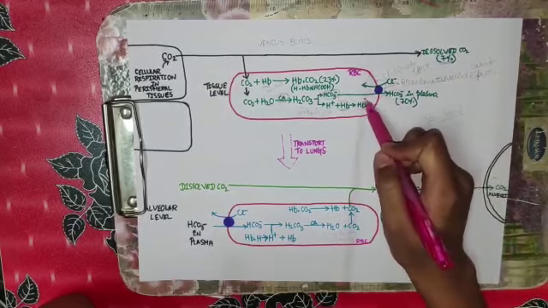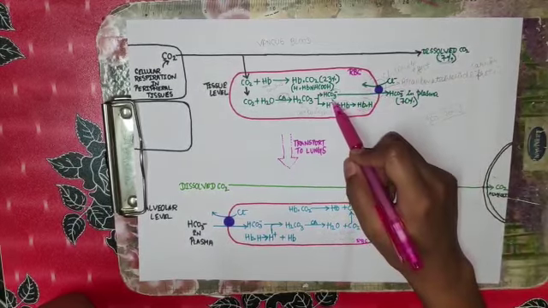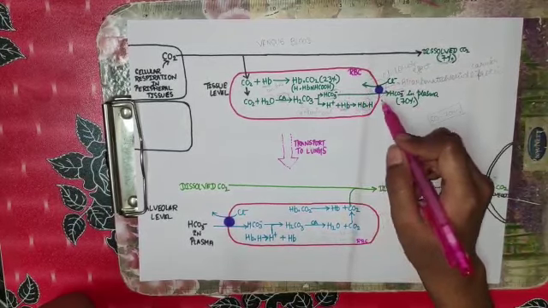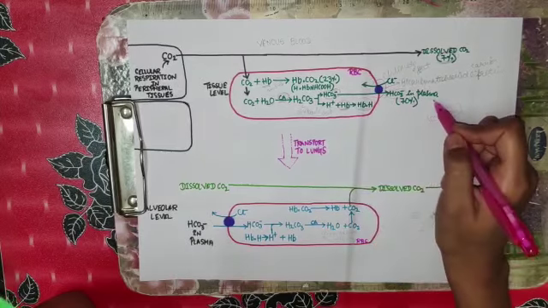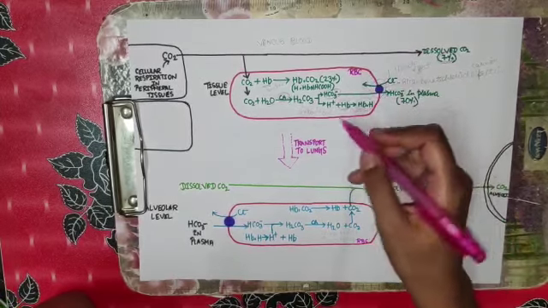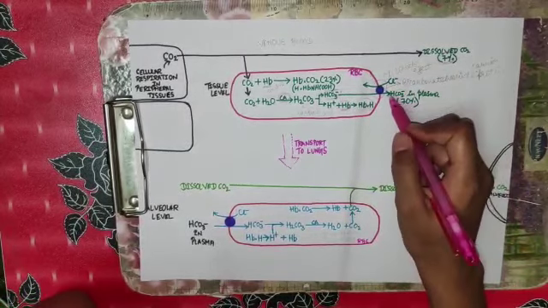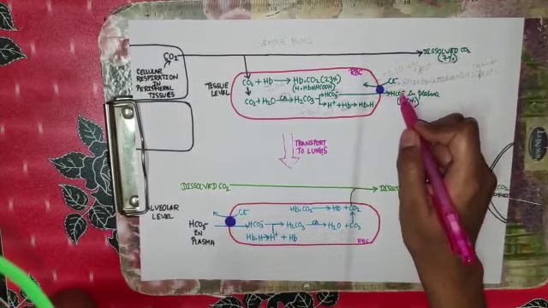So hemoglobin will bind with H plus ion. Now the concentration of bicarbonate ion has increased inside the RBC, so it will move, as compared to plasma, the concentration is increased. So bicarbonate ion will move into the plasma, and as this is a negatively charged ion,